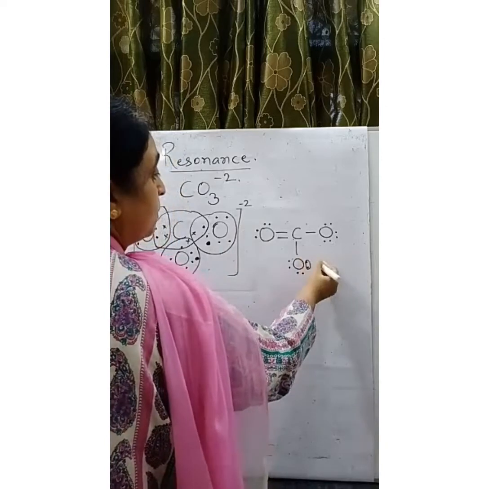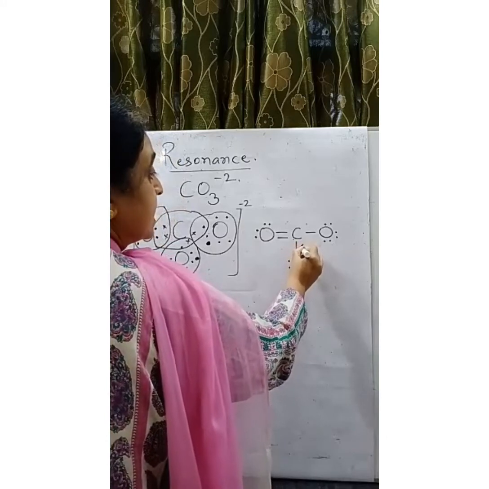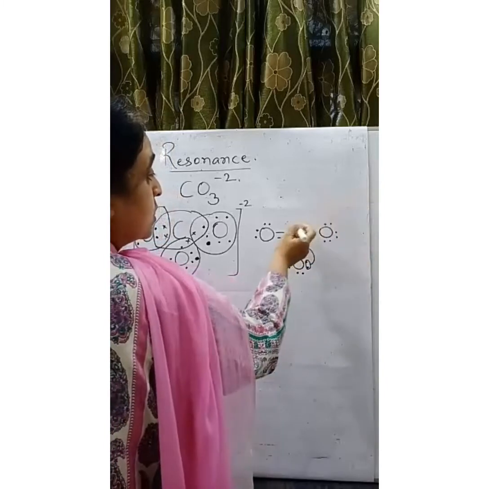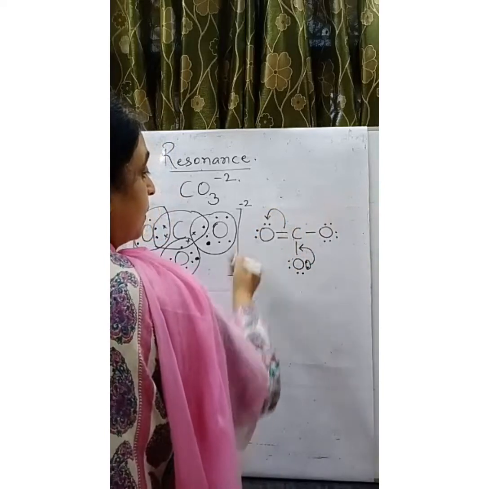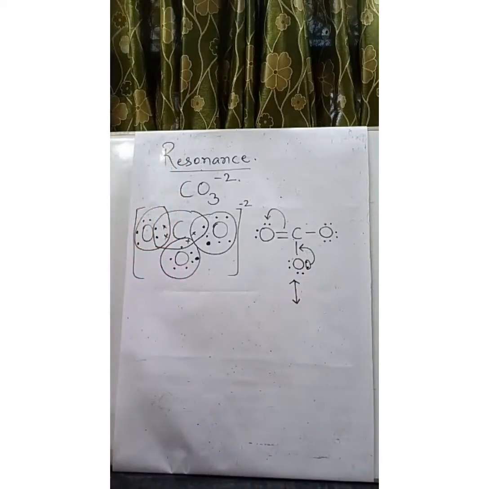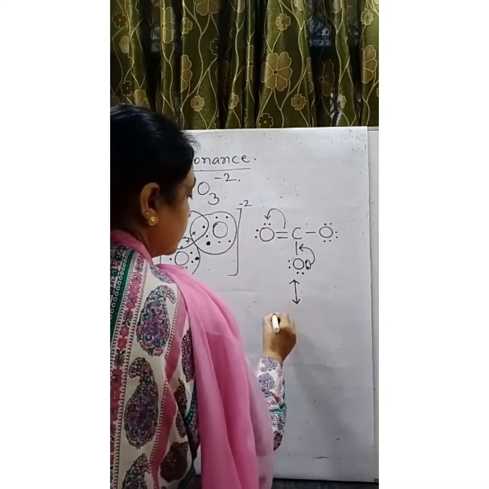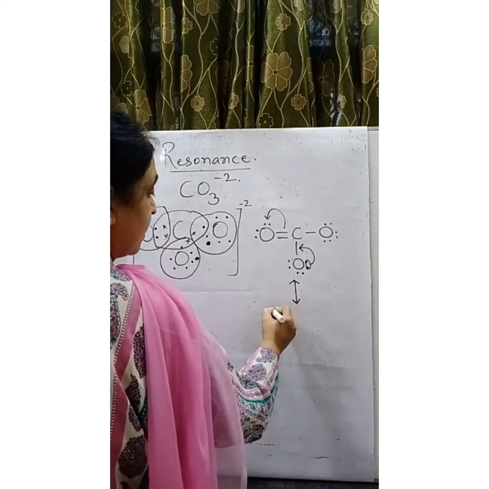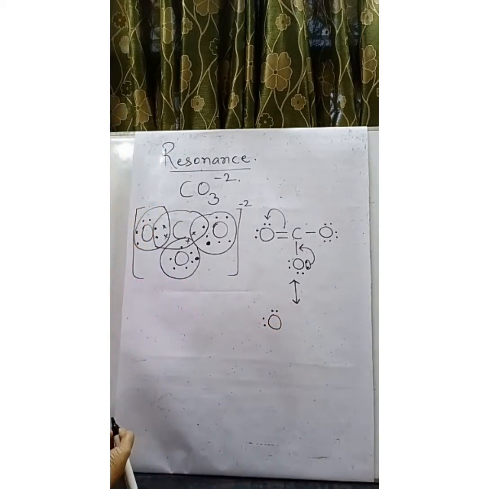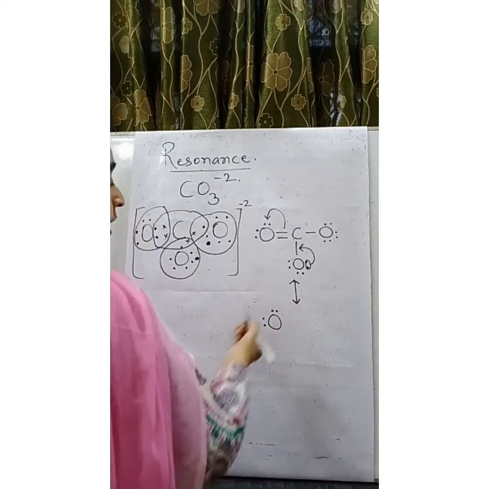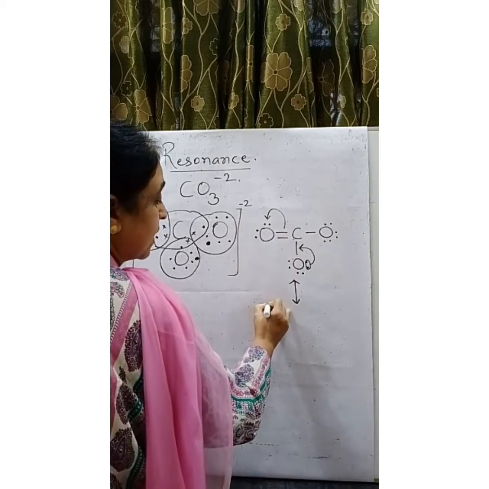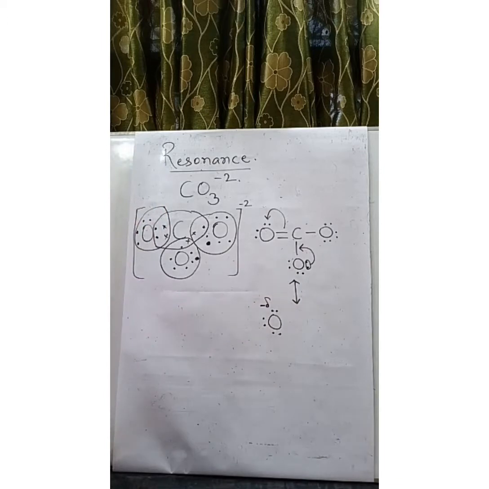One of the lone pairs goes on to form a bond. So immediately this bond can't break. If this breaks, then oxygen will go. So this is going to break and form a lone pair. Resonating structures are always indicated by a double-headed arrow. So this oxygen having 2 pairs of non-bonding electrons. Now 2 more are formed when the bond breaks. So oxygen develops a partial negative charge, minus delta.